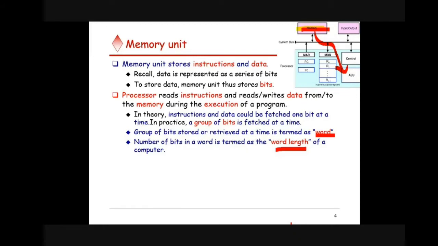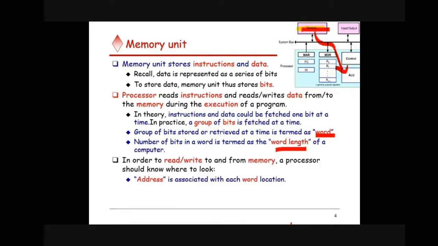Okay. Next thing. I want to take certain data from the memory to the ALU, and where is that data or instruction present inside the memory? How can the processor know? The processor should know where my required data is present in the memory unit. For that, we have an address associated with each word, so that if the processor knows the corresponding address, the processor can take that data from the memory. So you can just remember this like a story.